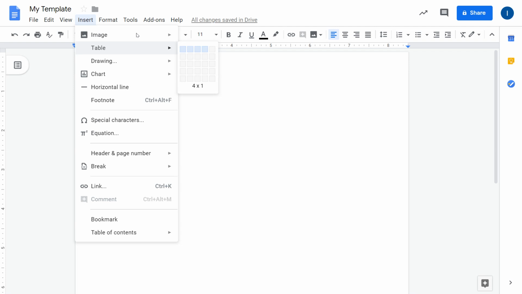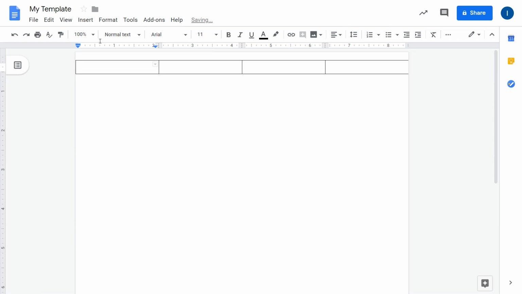And now you have to insert a table, the main table, which will hold the entire layout. In this case, I would like to have in the output document four entries per row. So I'm inserting a table with four columns. So the add-on will then insert values from each row from the spreadsheet into a new column,